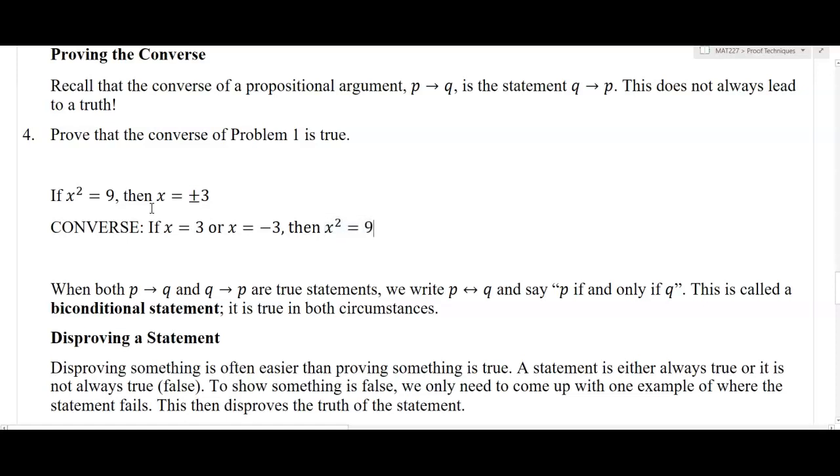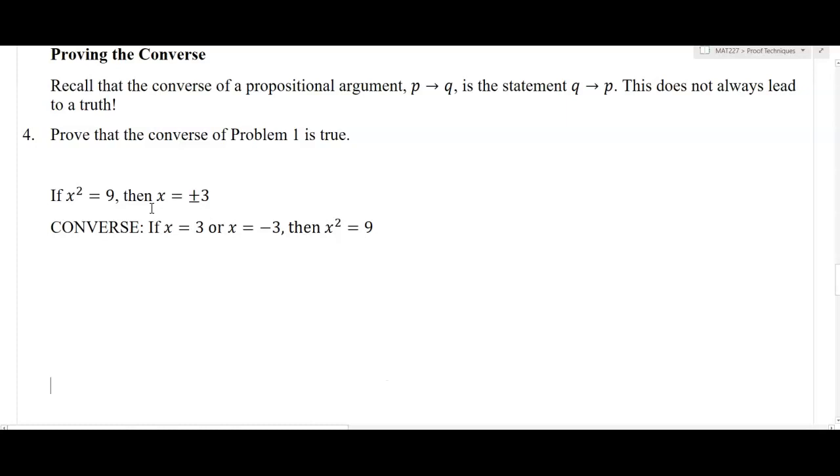Now in this case, this statement is going to be true, and it's not terribly difficult to see, because if x is 3, then 3 squared is 9. If x is negative 3, then negative 3 squared is 9. So all we're doing when we're trying to establish whether a converse is true is rearranging our 2 terms, and now our premise becomes Q, and we want to walk ourselves in a series of logical steps to show that this conclusion follows. So suppose, as a proof, suppose x equals 3 or x equals minus 3.